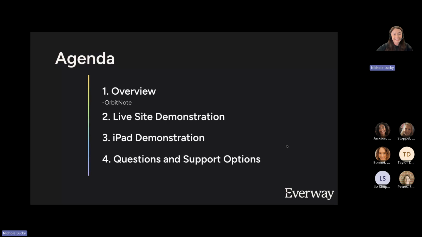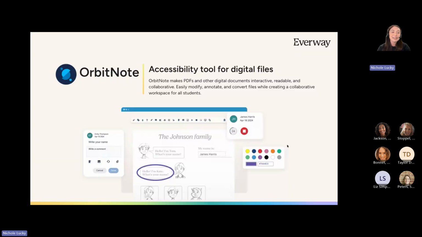Beautiful. All right. So let's go ahead and talk about OrbitNote. OrbitNote is going to be that accessibility tool really built for those really difficult stagnant documents. So things like PDFs or images, it's going to have that automatic OCR scanning to make that really accessible for